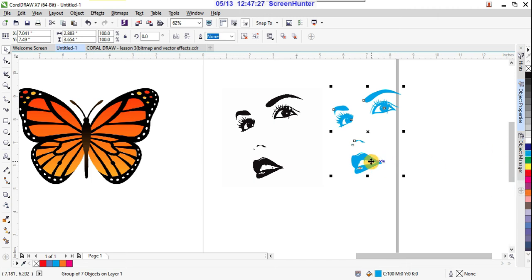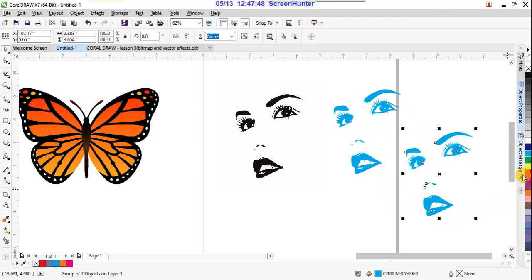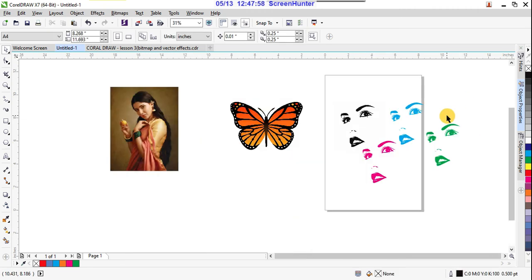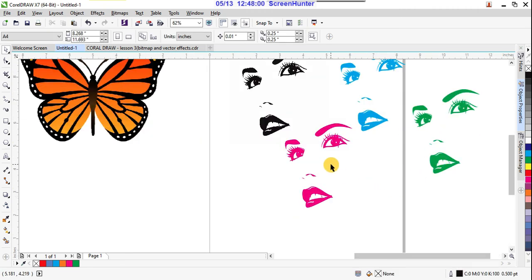And suppose take a duplicate of this. How to take a duplicate? On the keyboard press plus, otherwise click on the plus symbol. Plus is there on the keyboard, right? Just click on that. So there is one more duplicate, and from there again plus. So give one more duplicate. As per our requirement we take as many colors as we need, right?